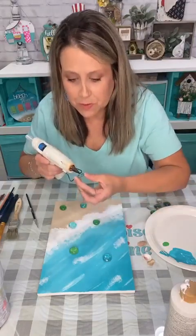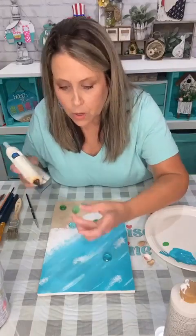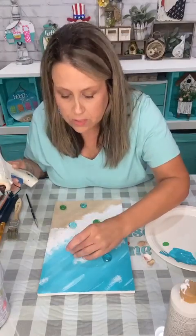All right, so I'm just putting them wherever I want to put them. I want to have a whole passel of turtles. Is there a name for a group of turtles? Like, I know there's,